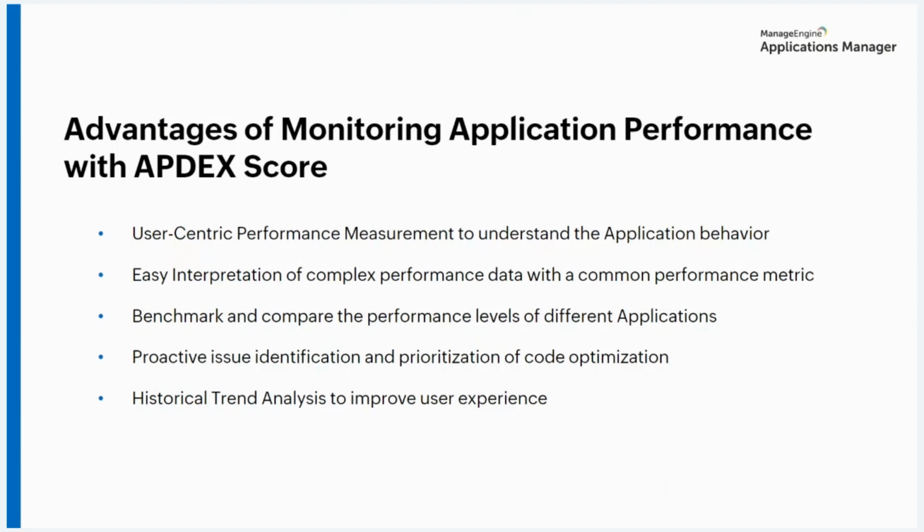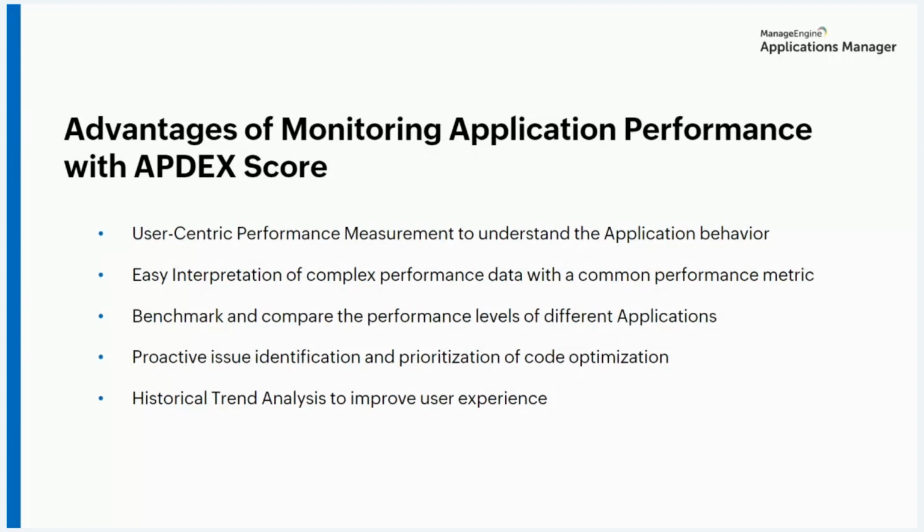The fourth one is proactive issue identification and prioritization of code optimization. So when the performance falls below the acceptable levels, the Apdex score will help you to identify critical transactions with low scores. This will help you in highlighting the areas for the code optimization. Alerts can also be triggered, enabling you to quickly identify the issue and improve the key transactions that impact the